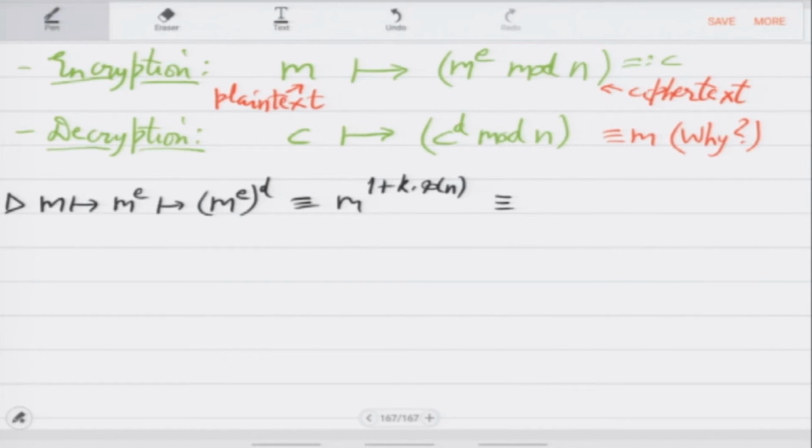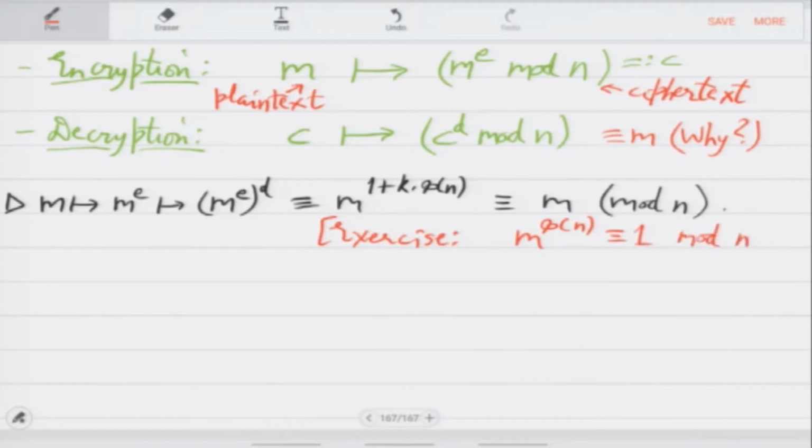This is 1. So this is M mod n. Prove this as an exercise, that M to the phi n is 1 mod n. So because of this,